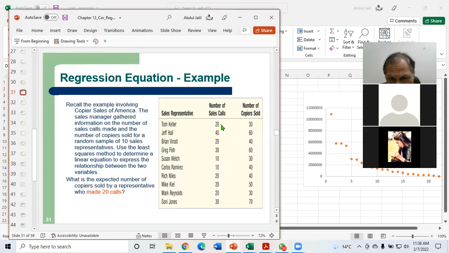Whatever combination exists here, it is independent of this combination. You cannot say that if you double it, your sales will become double, right? And if you make it half, your sales should be cut in half. Is it the case? No, sir. This shows that there is no interdependence.